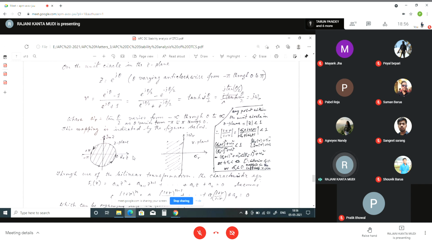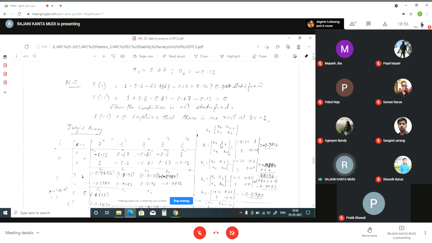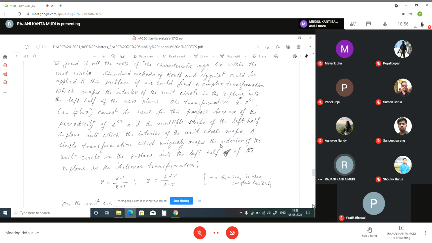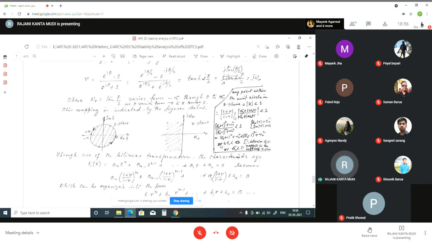Now, what will happen with any point within the unit circle? You know that for any point within the unit circle, its magnitude is less than 1. So z equals, by simplification, (1 plus r)/(1 minus r). So put this value, magnitude of (1 plus r)/(1 minus r) less than 1. Calculate the magnitude. After simplification, you see that sigma r is less than 0. Since we consider any arbitrary point, this condition is valid for any arbitrary point with magnitude of z less than 1.